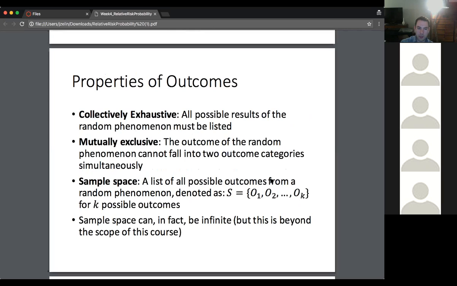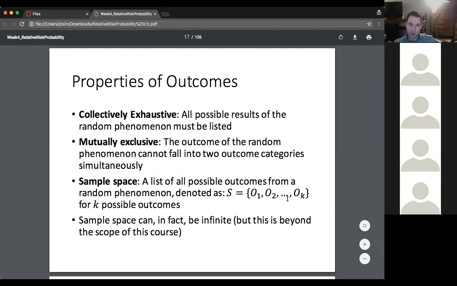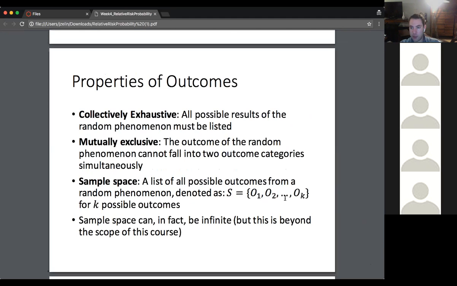So, like we said, exhaustive is listing all the possible results. We have to know what those are, and mutually exclusive is that you cannot have two of those events occurring at the same time. And so we can use this notation to describe our sample space with S is equal to the different outcomes listed out, up to K possible outcomes. It can be infinite,